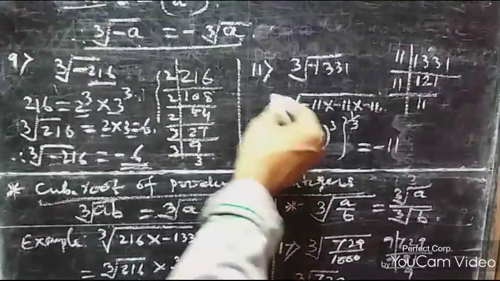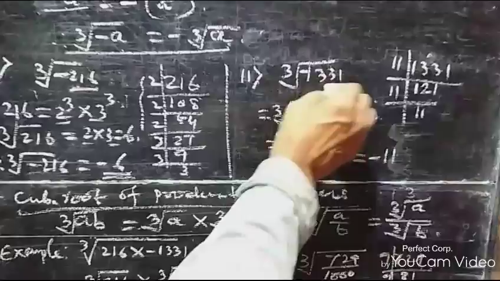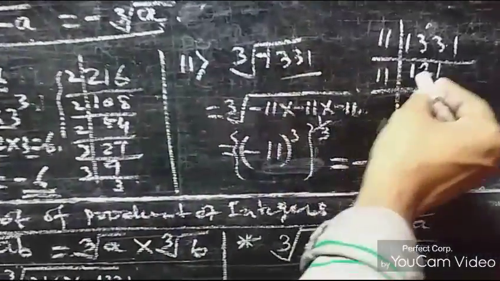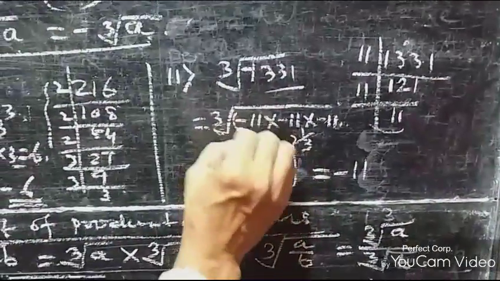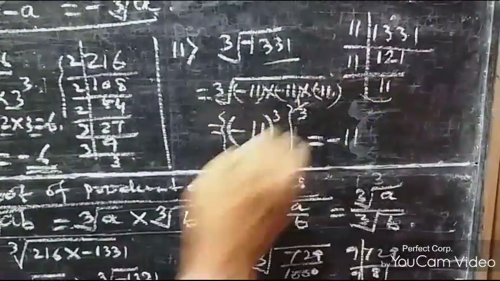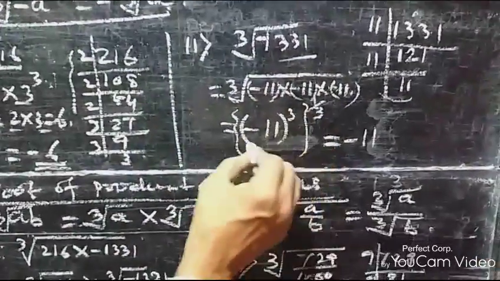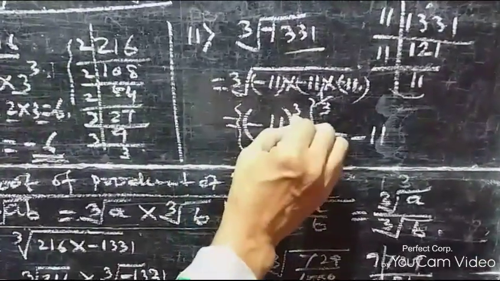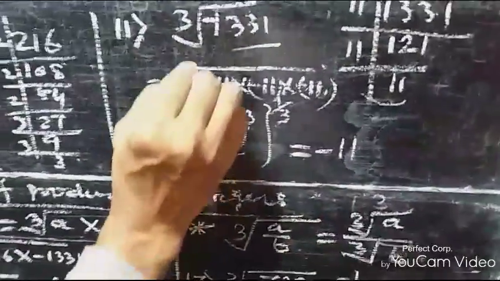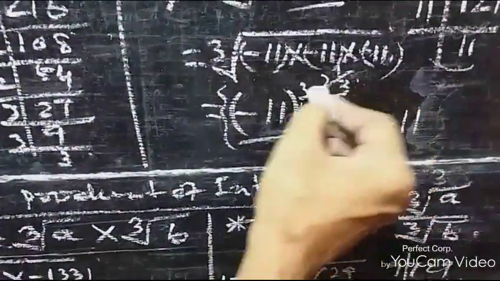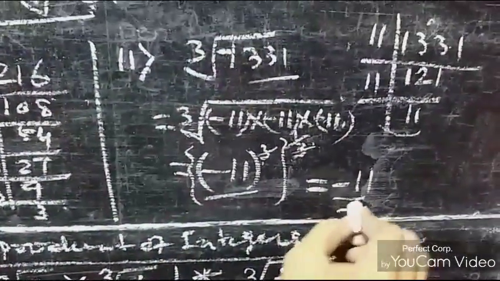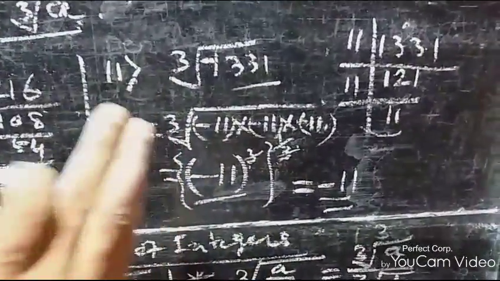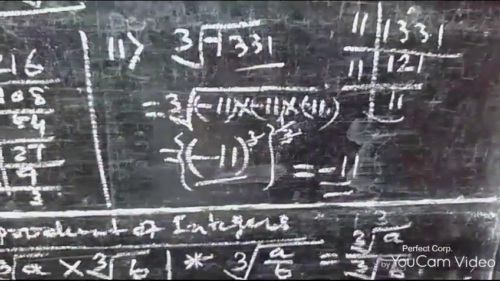Now see another problem we are doing. This is cube root of minus 1331. This is actually the product of 11, 3 times. This is minus 11 and minus 11 and minus 11, the product of this is minus 11 cube. To the power 1/3 means the cube root, and this power into power will be multiplied and cancelled off, and it is coming minus 11. This is the process. Actually we are solving this with the help of exponents. Exponent is also showing this.